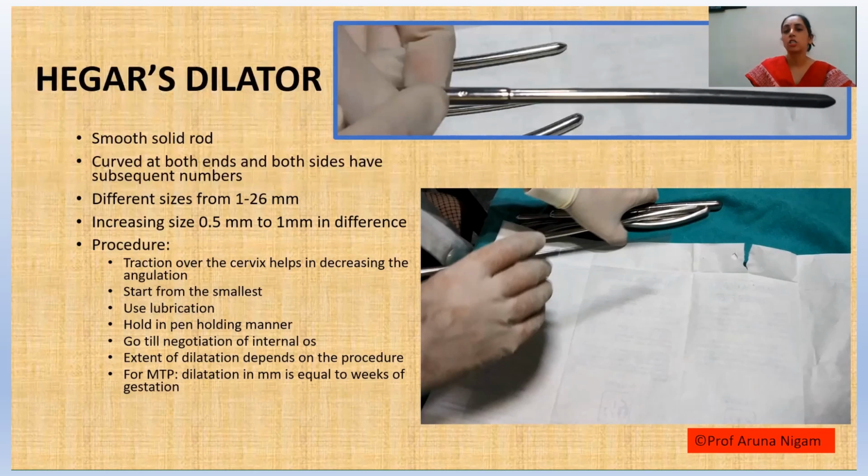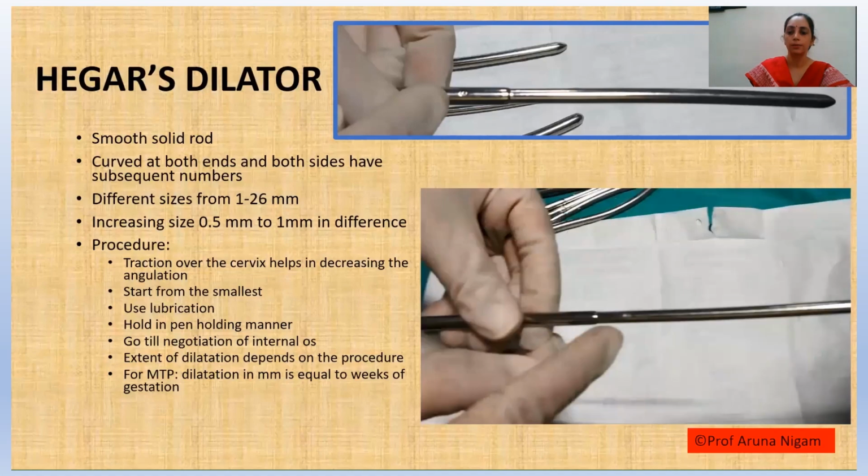And how much dilatation is needed in any procedure depends upon the procedure, number one thing. And if you are doing an MTP, then the dilatation is similar to the size of the uterus you are feeling. Supposing it is a 10-week size uterus, so you have to dilate it till 10 weeks. And the Karman cannula is used most of the times either the same size or one number less than it. One number less helps in easy negotiation and easy movement of the Karman's cannula to and fro, right? So this is all about the Hegar's dilator.